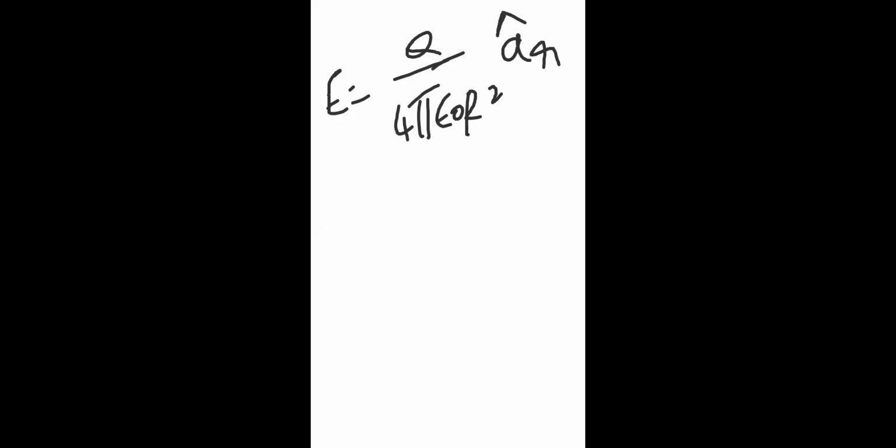That is simply a radial vector. So in general, E is equal to Q divided by 4 pi epsilon naught R square, times a_r cap. Because we are in the spherical coordinate system, the electric field goes radially outwards, so we only have the a_r cap direction. We do not have theta and phi components here. The electric field only goes radially outward; it is independent of theta and phi.